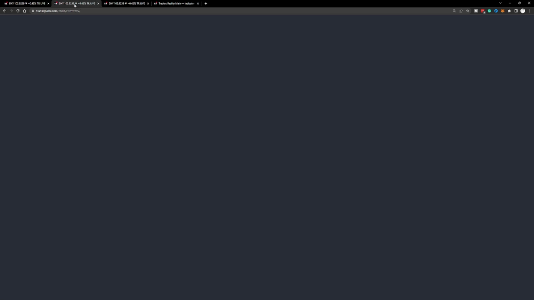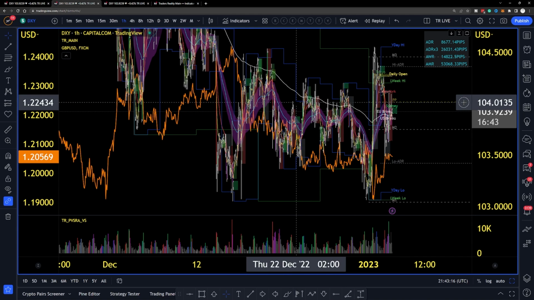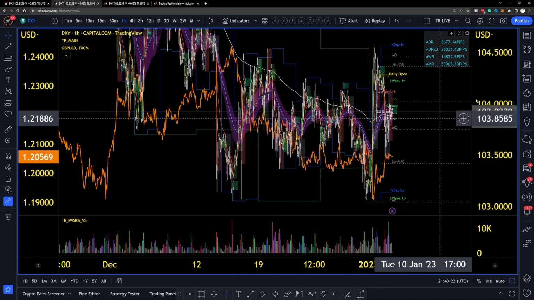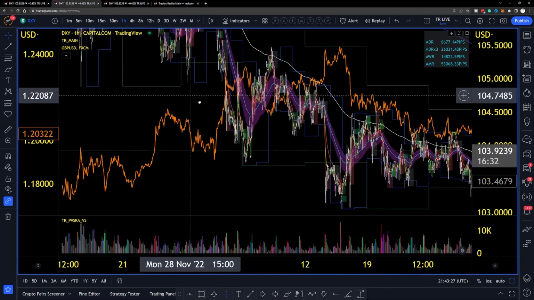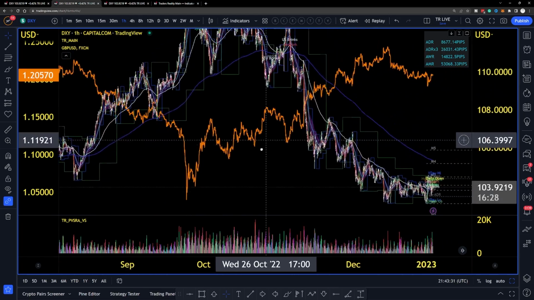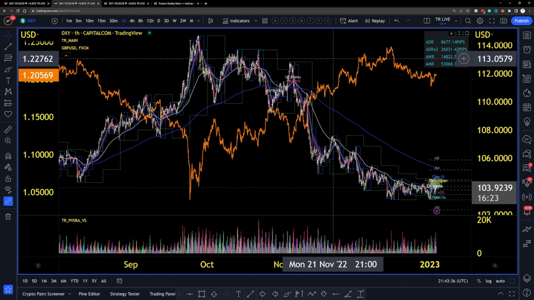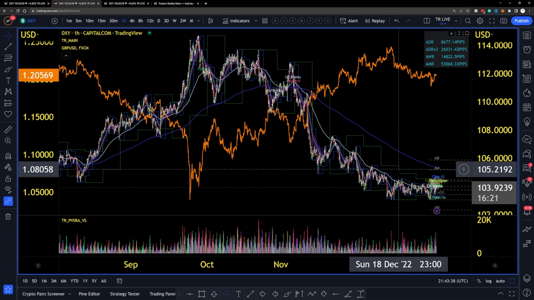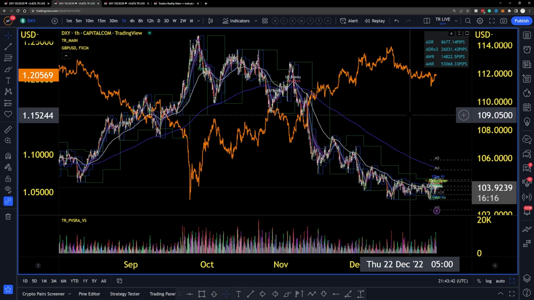Let's look at the dominance of the dollar against the pound. You can see that the pound itself makes up only 9% of the dominance of the dollar, and you can see that it's kind of closely related to the dollar. If we zoom out, it sort of has the same relationship as the euro. Pound is going down and the dollar is stabilizing and starting to climb back up, but it's not as clear as what